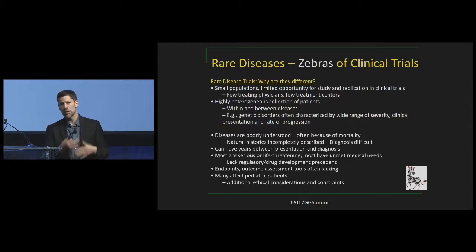So we worked with a number of our foundations to go in and help us put together a registry, and they ended up coming back and saying, okay, we believe you now. And it was, again, a great example of us working with foundations and working with the FDA as well. So, these diseases, while they're poorly understood, there's often not a lot of natural history study data, which is why you do natural history studies as part of the clinical trials process. So when working with the FDA and a lot of the foundations, we talk about natural history studies, we need to do this to be able to get an idea about outcome measures. And we'll talk about that in a little bit.